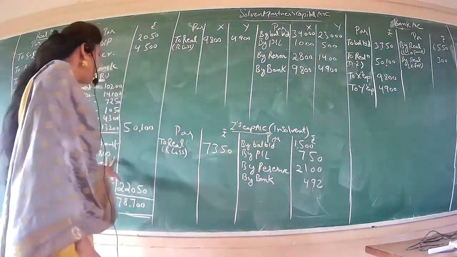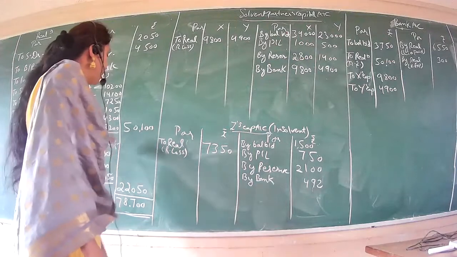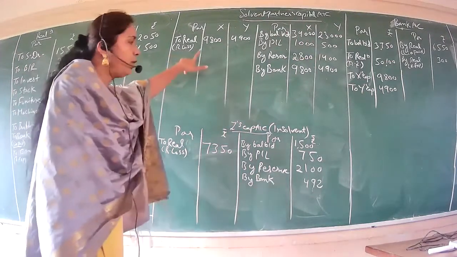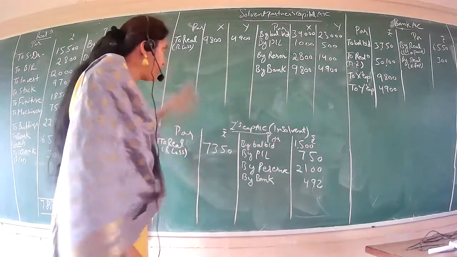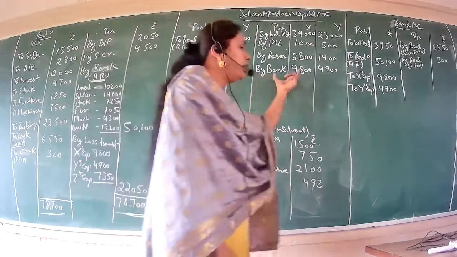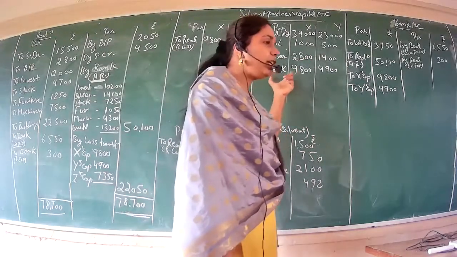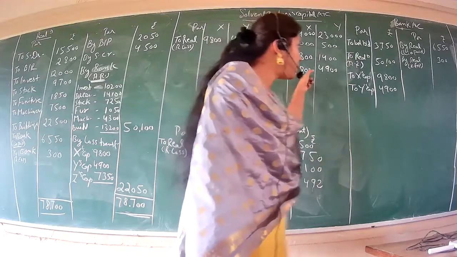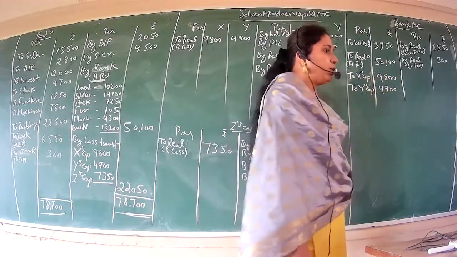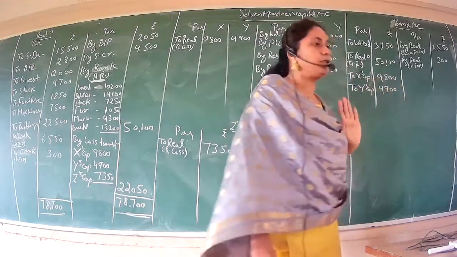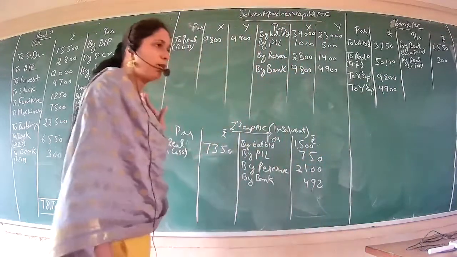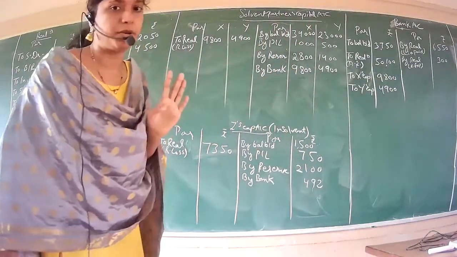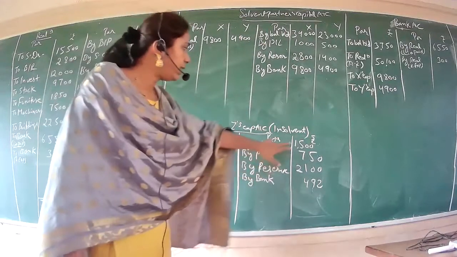One is you are transferring from the realization account to your partners' capital account. And another is your solvent partners are getting the cash equal to their realization loss into the firm. So one entry in your partner's capital, one entry in your bank account. Till here, over. I hope you understood. Now, if you are with me, we'll go for Z also.